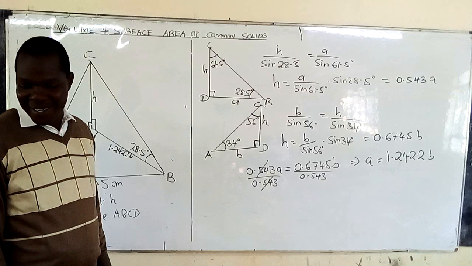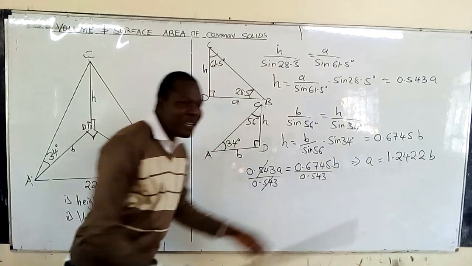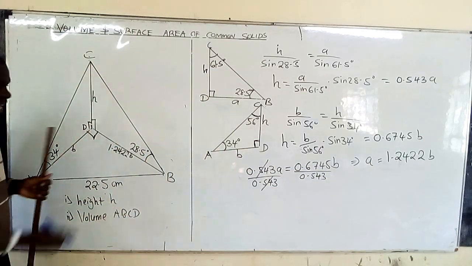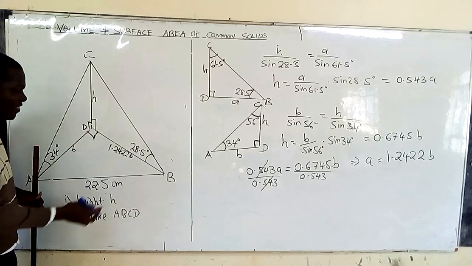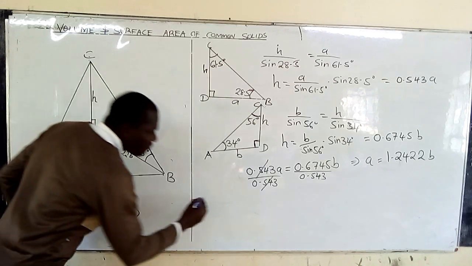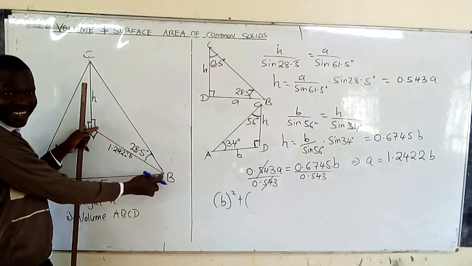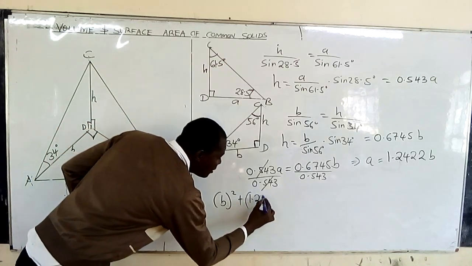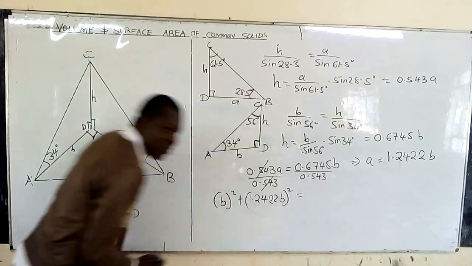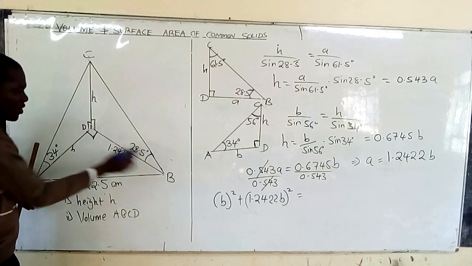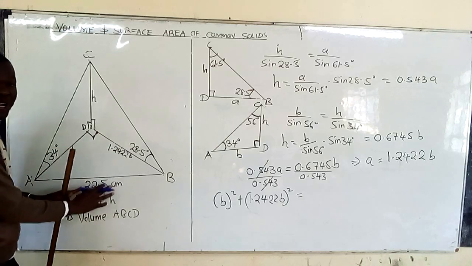Are we together there? If you've eliminated one, where there is A you put the value, and here is 90 degrees. I use Pythagoras theorem. So Pythagoras theorem will say what? B squared plus this A squared, and A is what? 1.2422B squared is equal to what? This is equal to C squared, the hypotenuse, because here is 90 degrees, and we are dealing with this triangle ADB. It is equal to